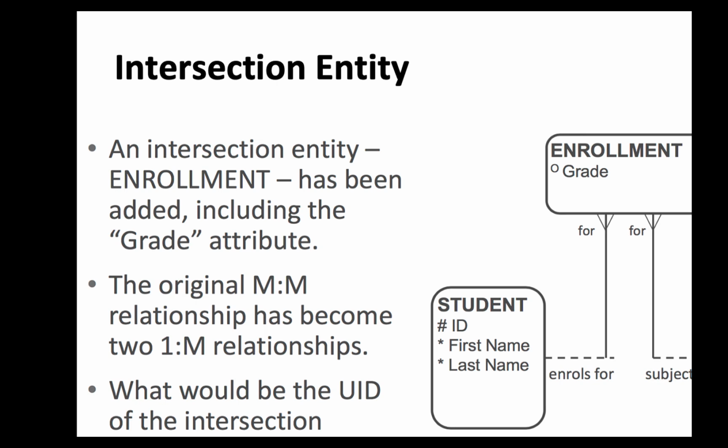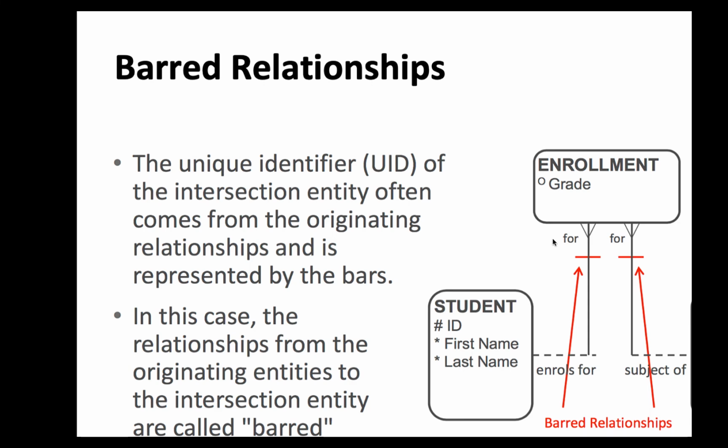Then obviously, what would be the unique identifier, UID, of the intersection entity? So primary keys or UIDs of these two entities would be added here too, okay? So we can just add one barred line, one small line. This line will show that the UIDs of this entity would be part of this entity as well, okay? Same is the case for this bar, that this UID would be part of this entity as an attribute as well, okay?